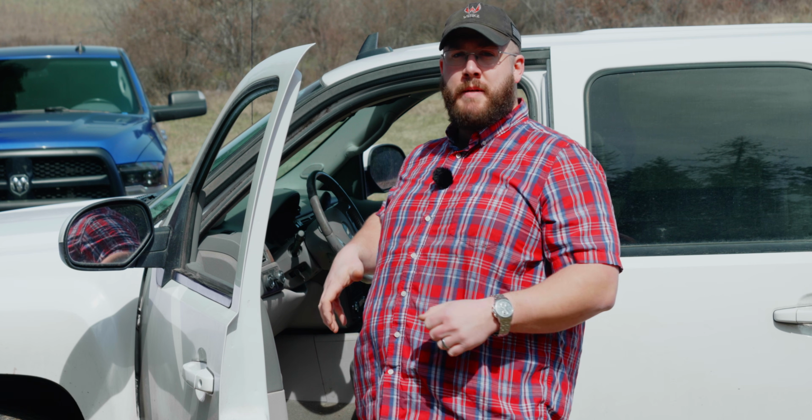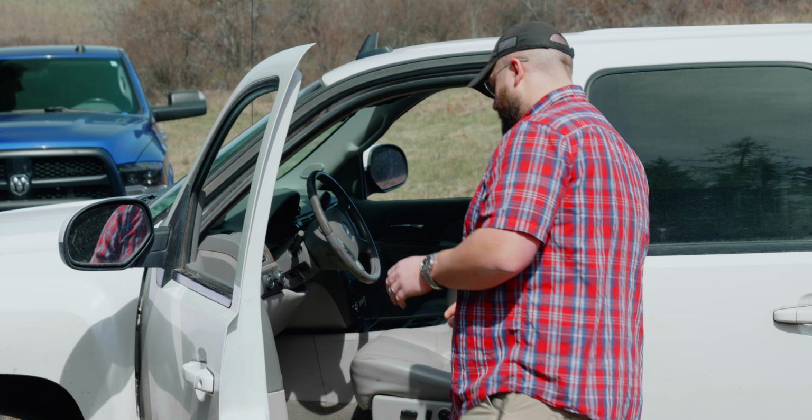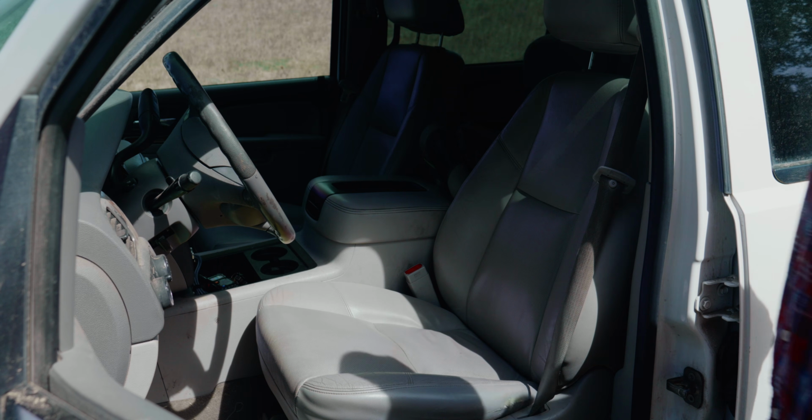When I'm driving, I keep my holster right where it's at. I don't have any need for any kind of truck holster. I don't remove it from my belt, put it in my center console, nothing like that. The biggest tip really when you go to drive is when I come in to sit down, when I get in here, I'm gonna pull up